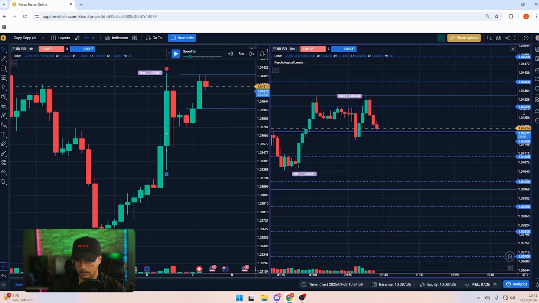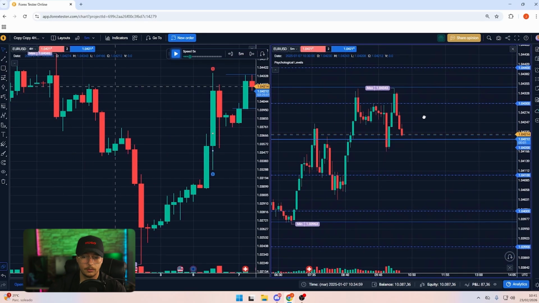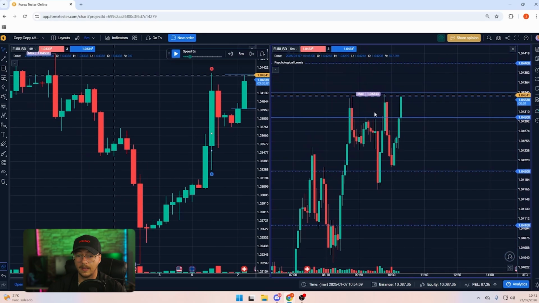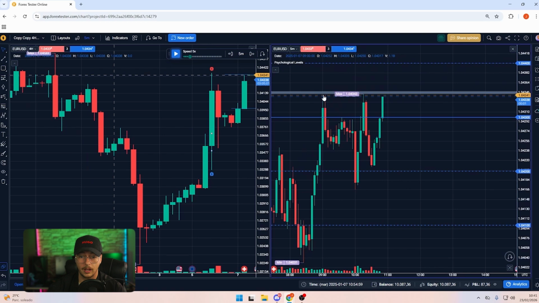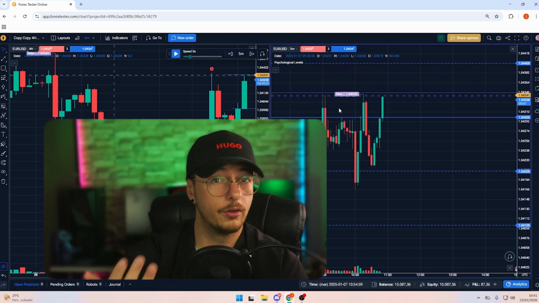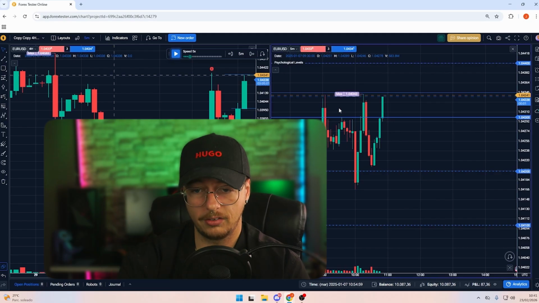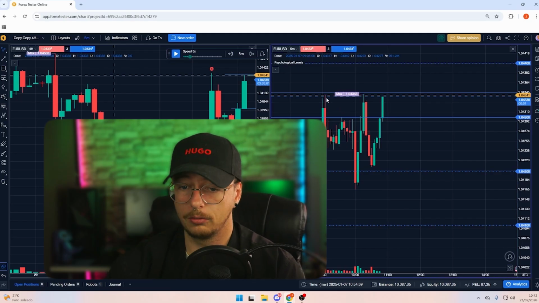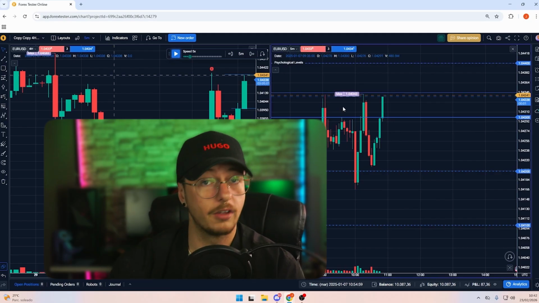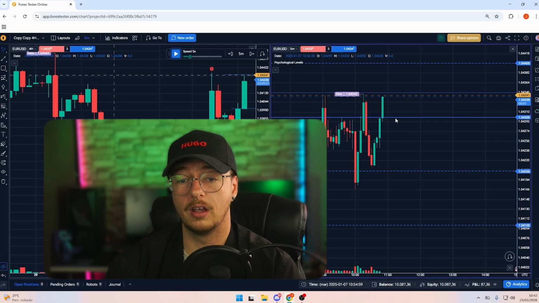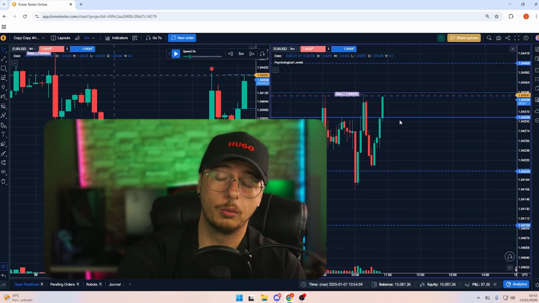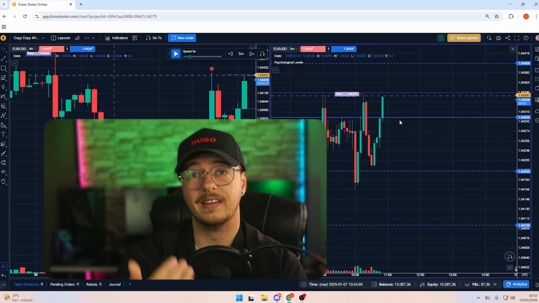It actually has broken it out for a few ticks, so we can say that it has broken and taken the liquidity of this candle here. Obviously this can depend on the broker that you're trading on, but at least here it's taken the high out just by 1 tick, but it's taken it out. So we've got a confirmation that it took the liquidity, and if it retraces, now we would like to